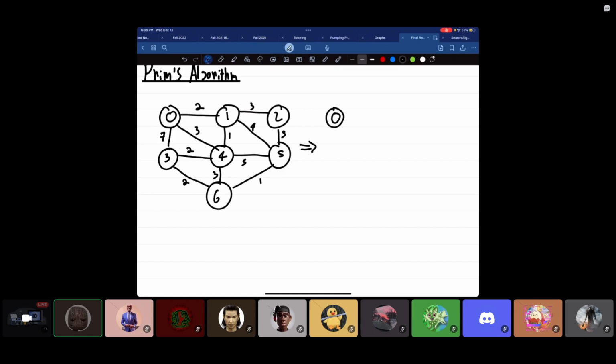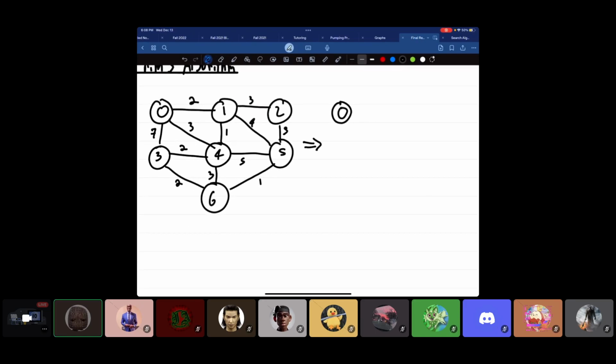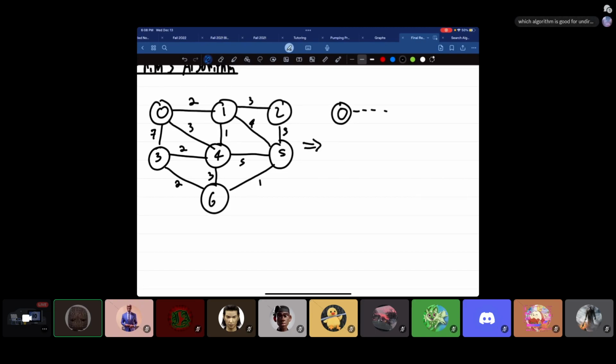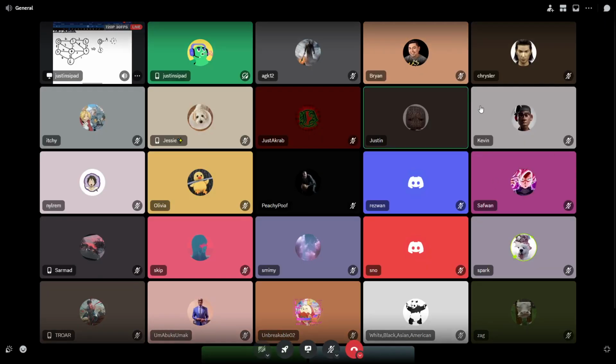Okay, so basically we're going from graph to tree. So, I am going to first start at 0 and write its candidate edges. So 2, 1, 3,